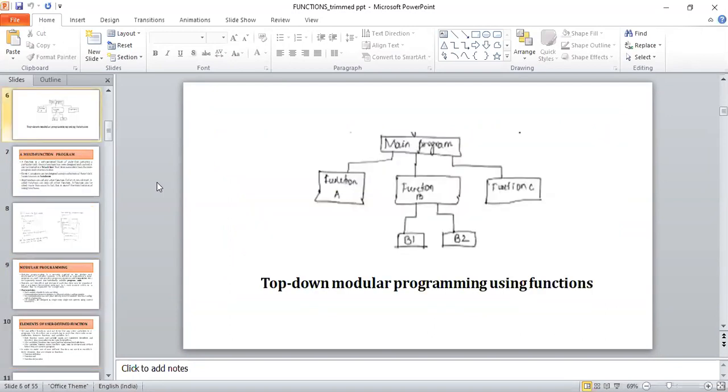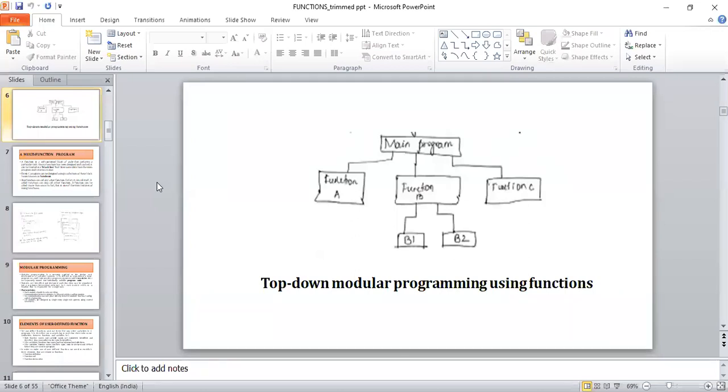Some of them are the advantages, and this diagram represents top-down modular programming with the help of functions. The main program is also your user-defined function. In the main program, you would have written small independent coded units: function A, function B, and function C. In function B itself, we have two more independent coded parts, that is B1 and B2.